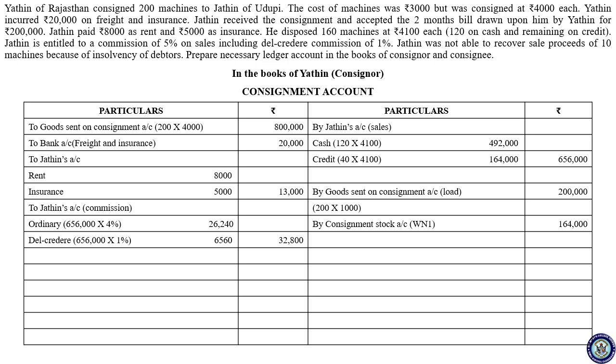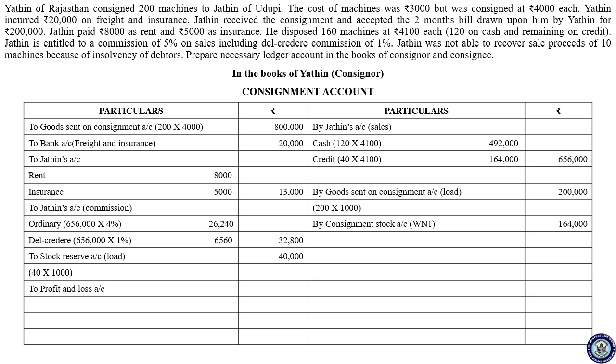After this you have to record the consignment stock, that is the closing stock. By consignment stock account, working note number 1, 1,64,000. So while calculating the value of consignment stock, we took invoice price as a base, right? So that invoice price includes load price, so we have to adjust that load price. So on the debit side, you have to write to stock reserve account, that is 1,000 is the load price, the closing stock unit is 40,000. The difference is transferred to profit and loss account.